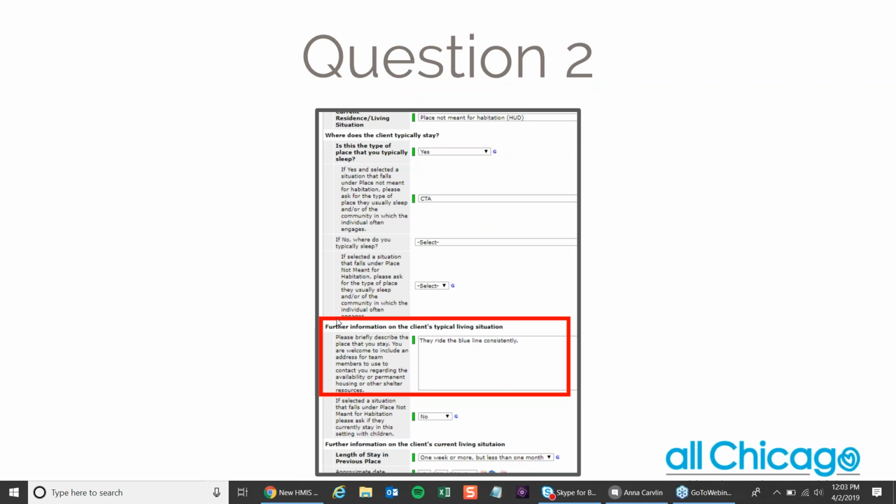will a client's unsheltered history come into effect even if they've been staying at a shelter for the past couple of months? So let's take a client who maybe for the past 4 years, 3.5 of those years, they've been unsheltered. They've been sleeping on the CTA, but then for the past 6 months, they've been at a shelter. They've been, let's say, at PGM. So in that instance, what we are trying to do, if that client is on the one list,